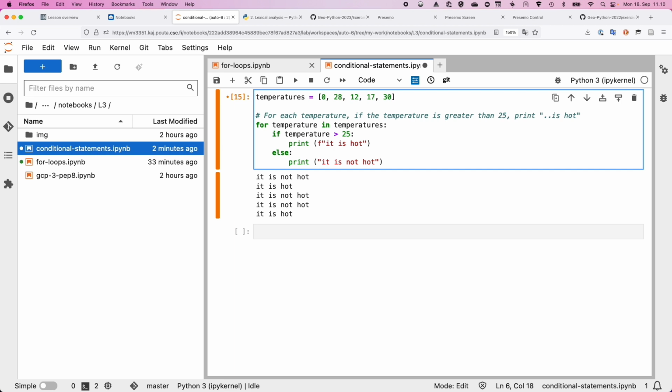Option Shift. Yeah, I'm unfortunately suffering from using a Mac. So